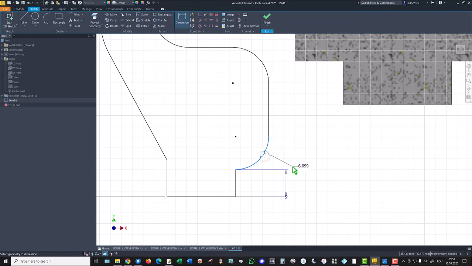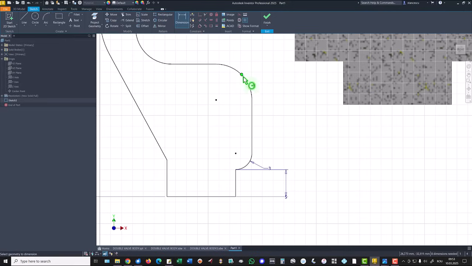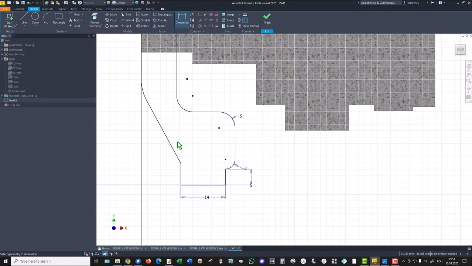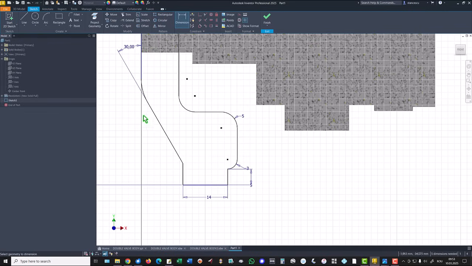And this is radius 3. This is radius 5. (14) is this dimension. The angle is 30 degrees, arc of 17,